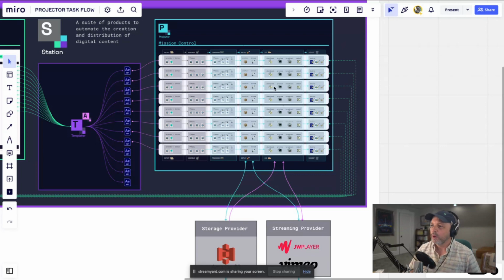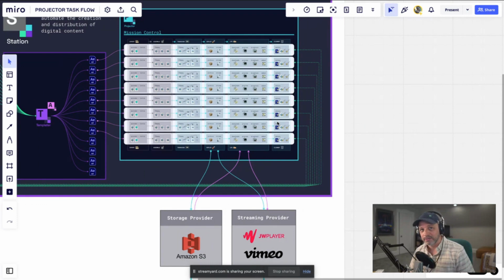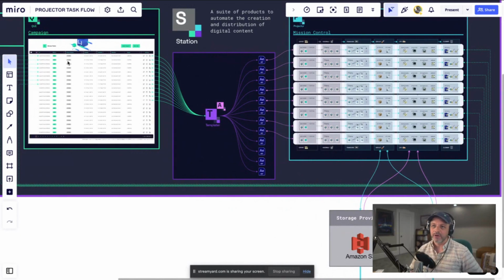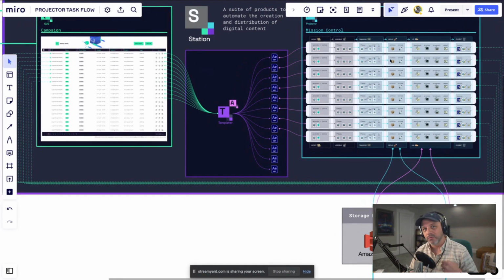Okay, so after the content gets to the stream, or to the provider hosting the stream, it then gets the metadata for each stream, and it logs it back into the job from whence it came. So meaning that for every job that Templator processes and outputs, Projector will do the transcode, deploy it, and then write back to that job where the URL is for that video stream. And from there, you can then take the data and use a marketing automation platform to insert links, insert images, things like that, GIFs. You could use Twilio, MailChimp, stuff like that, to get real campaigns done with this